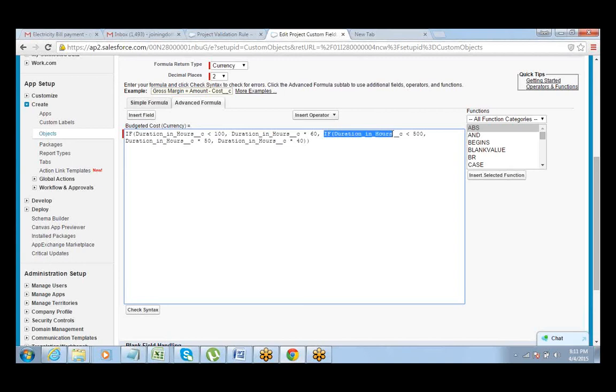It's obvious that anything which comes into step 2 is more than 100. We can definitely write if duration is greater than 100 and less than 500, but that is not required, because anything which comes here is understood to be greater than 100. That is the reason why it comes to the second stage. Is that clear? Yeah. Okay.